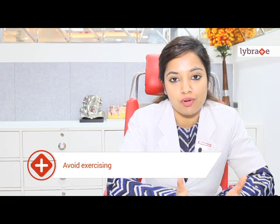Now, there are a few precautions that a patient has to take after getting the procedure done. Firstly, he cannot lie down for the next 4 hours so that the toxin is properly absorbed by the muscle. Secondly, it's advised not to bend down and lift up heavy weight and to avoid exercising. That is all. Now, botulinum toxin is used to treat various temporary lines and it also prevents the formation of